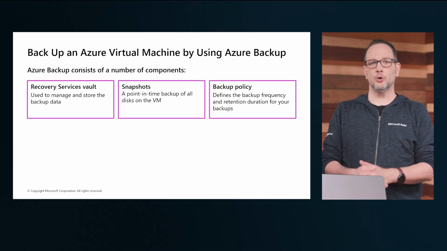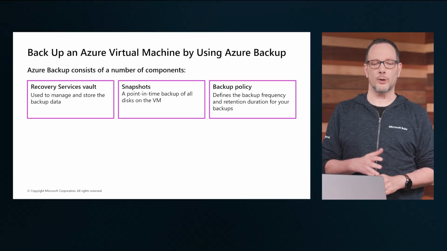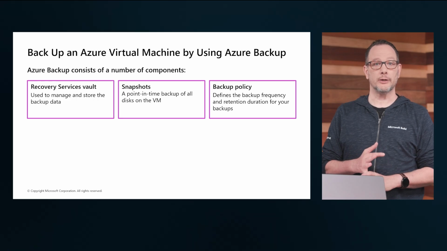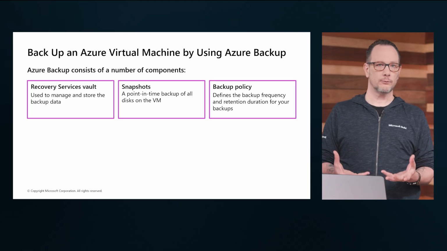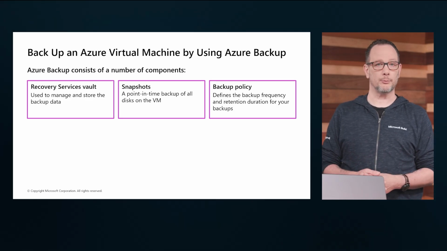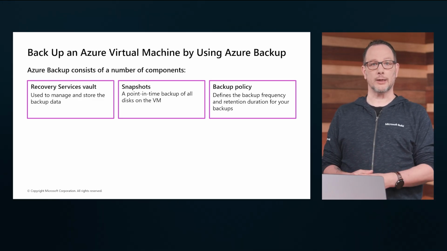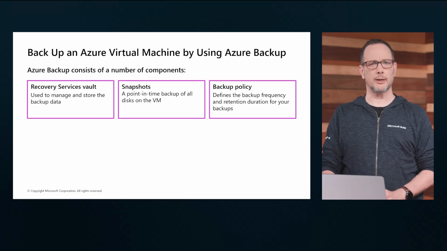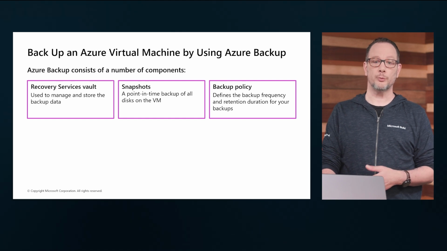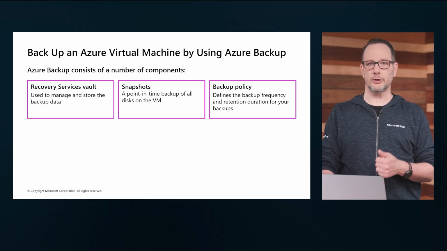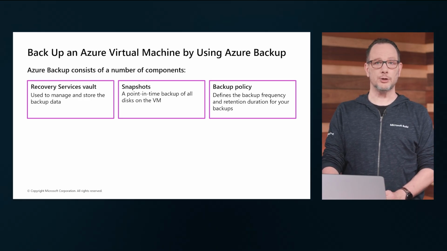So what does it take to get your Azure virtual machine into Azure Backup? So baseline, it's the same what we talked about before. Starting point is deploying that recovery services vault resource in Azure using the portal, using command line, using template-based deployment. And then from there, you're going to enable the backup policies, and it's going to allow you to take those snapshots, like grabbing that point-in-time backup for any kind of data running inside the VM, which could be, as we mentioned, SQL services, traditional web server, file server,